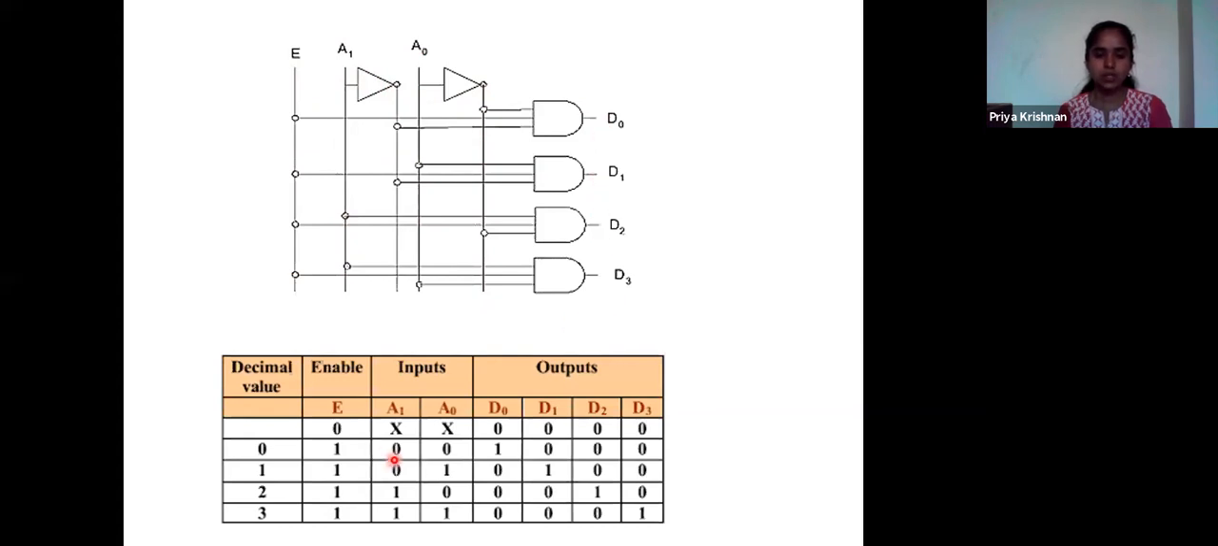What is my input? 0, 0. If it is 0, 0, which should be 1? D0 should be 1. But D0 is connected with the AND gate. When all inputs of an AND gate are 1, then D0 will be 1. Yes, we know that. So how is it connected? See, it is connected with A0 bar,